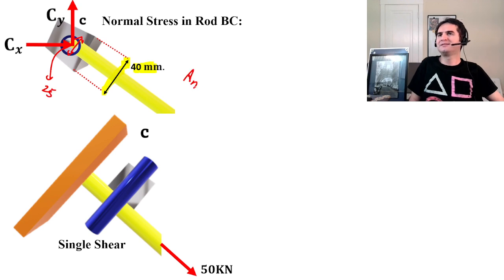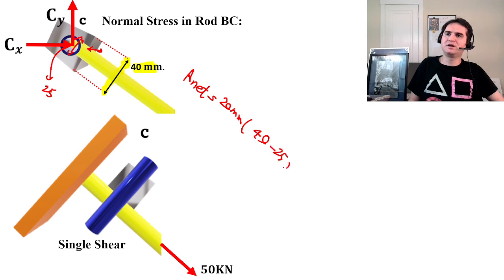So the net area goes by the diameter of our rod, which is 20, that's the thickness if you pay attention, times 40 minus 25. That's the concept of the narrowest section